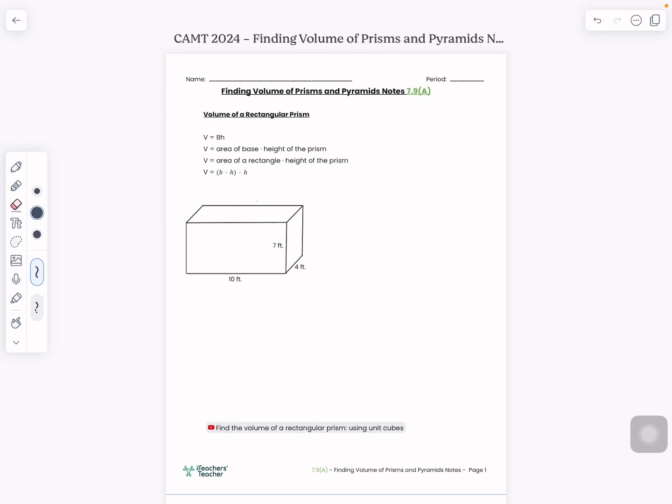It's Ami. I'm here with the teacher's teacher, and today we're finding volume of prisms and pyramids, TEK 7.9a. Go ahead and grab those guided notes so you can follow along with me as we go through the following